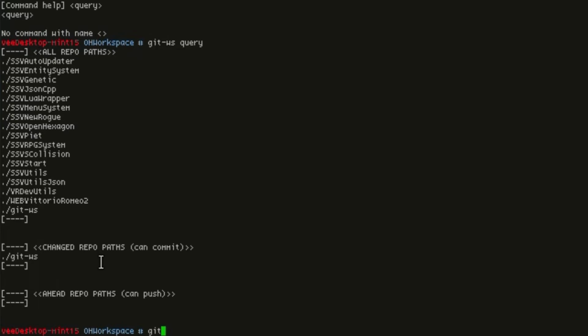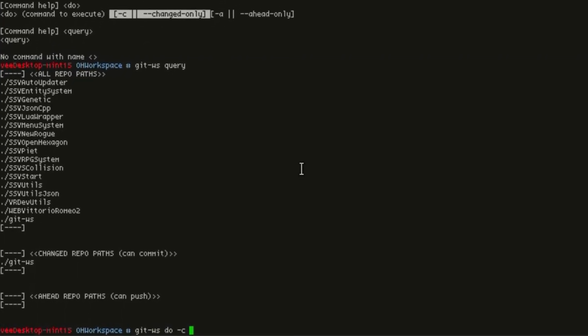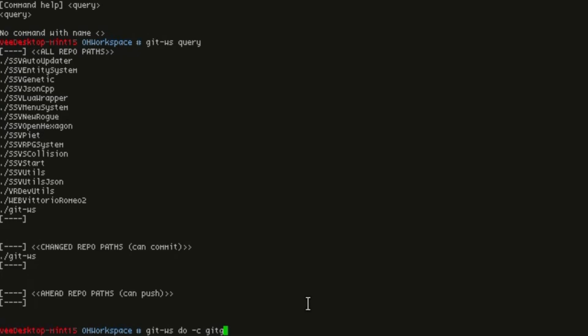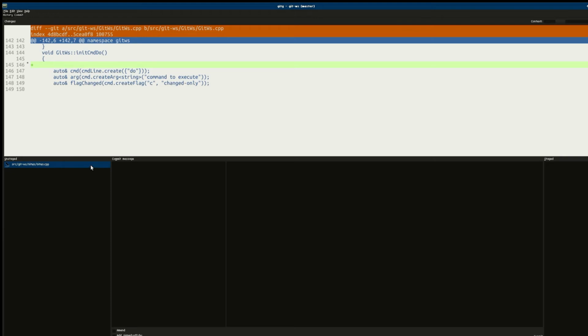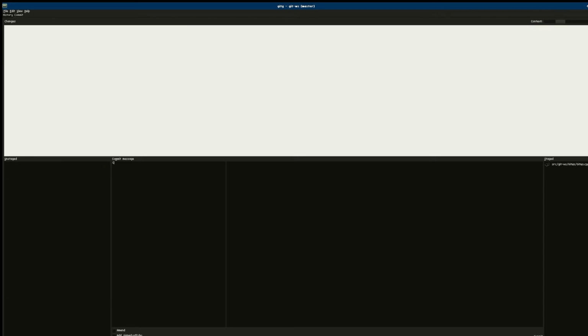So basically, if I want to check the commits on only the changed repository, I can use git-ws do with the C flag, which means changed only, git, and this will run the command git in every repository which has changes. And as you can see, I can go here, do my thing. In this case I will just commit it as a test,